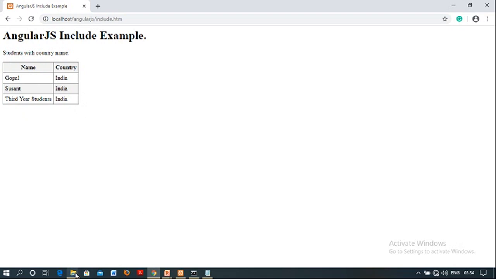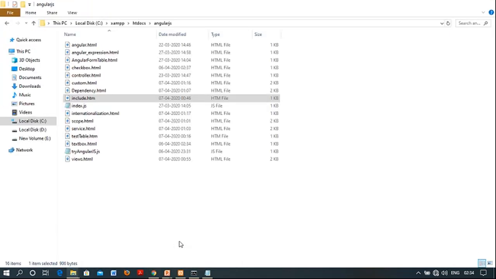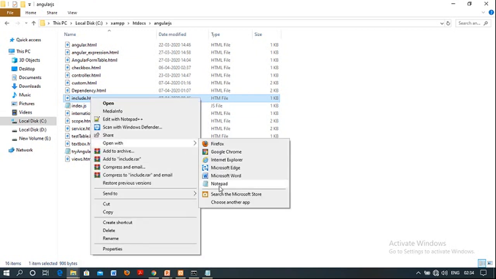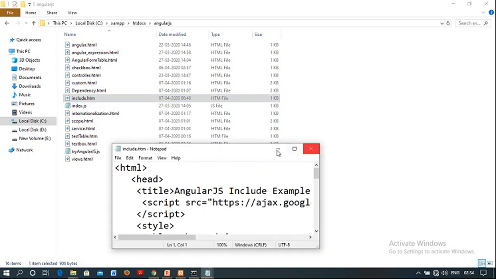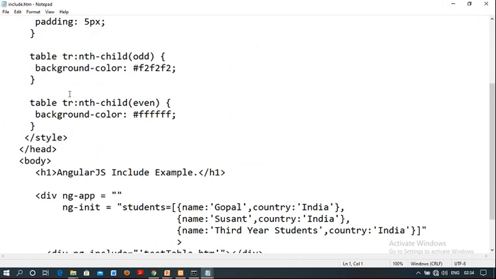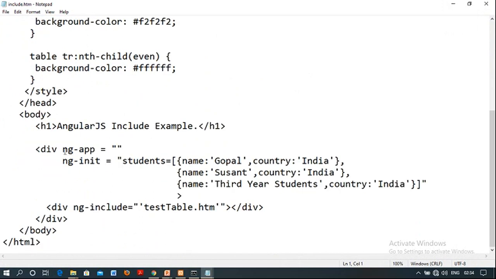But when we see the exact code of this, what exact inclusions are there? Just see now. Yes, so here we know very well. I started with HTML, and here I gave the title, and this is my CDN. And here I created the style. And here I start my code writing with ng-app.